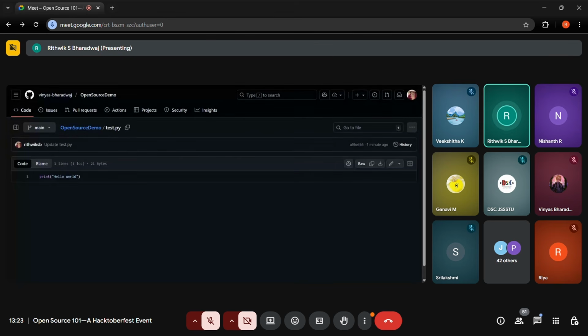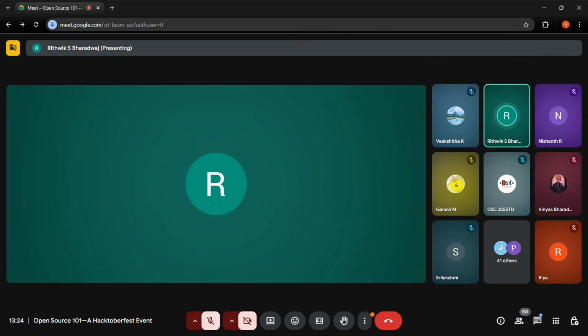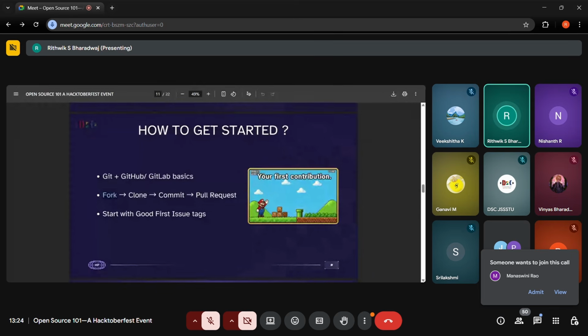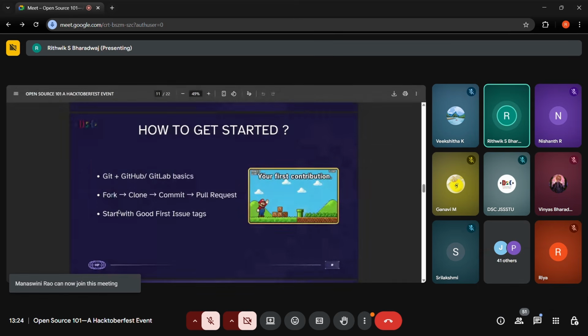But yeah, this is the general procedure: you fork a repository, that is, you create a copy. Oh, one second. I'll just show you guys the slides. Yeah, so the general procedure is that you fork the repository, that is, you create a local copy of the public folder on your profile. Okay, we did not really clone it. We normally do that if we are editing it on some IDE like Visual Studio Code locally on your laptop. Then you commit it and then you create a pull request.